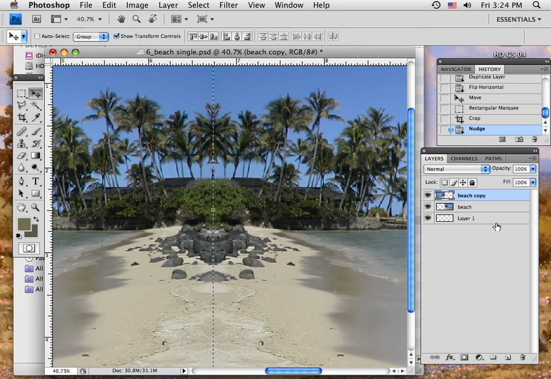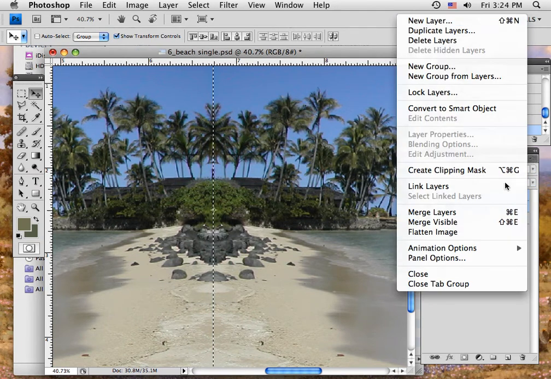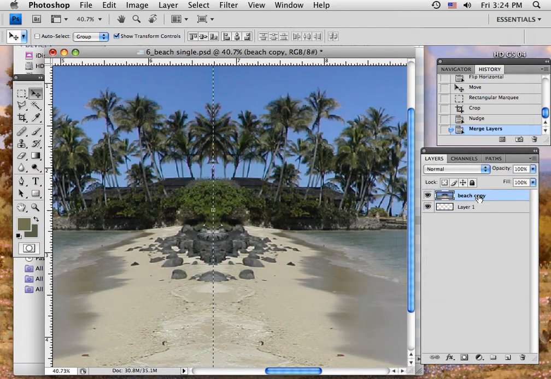Okay, when that's done, then I can go back and say, all right, now select the beach and the beach copy and merge the layers. I will have to go back and trim the outside on the left side, but before I do that, Command D, I want to show you